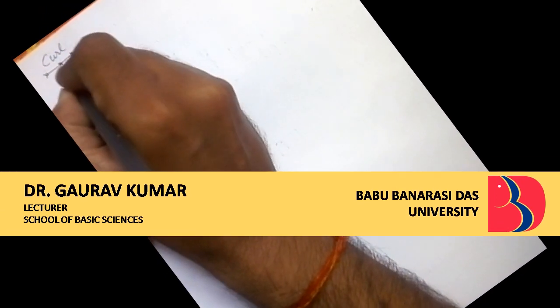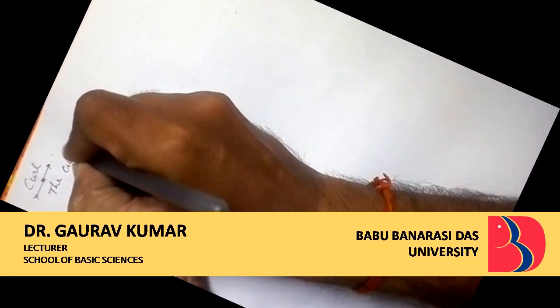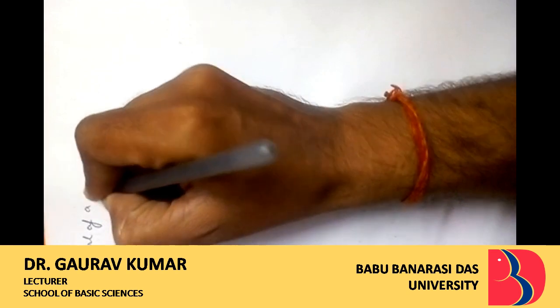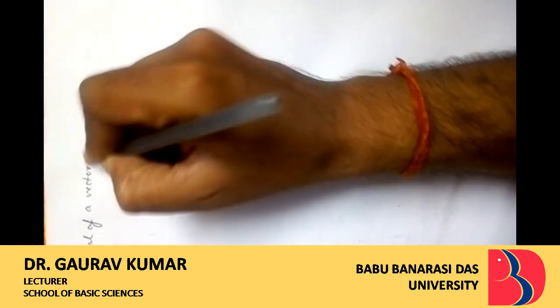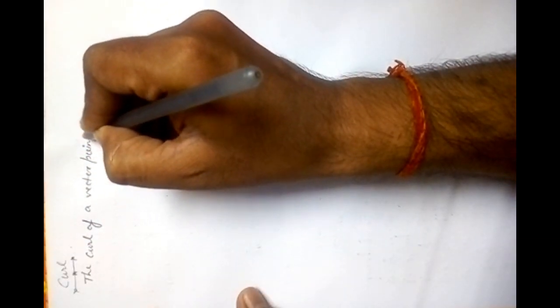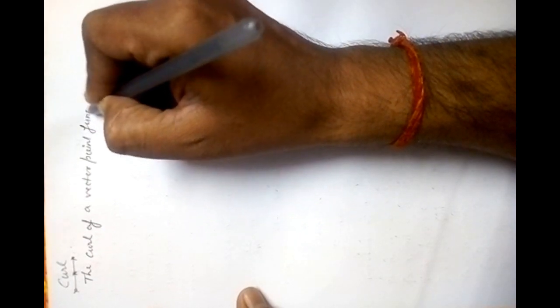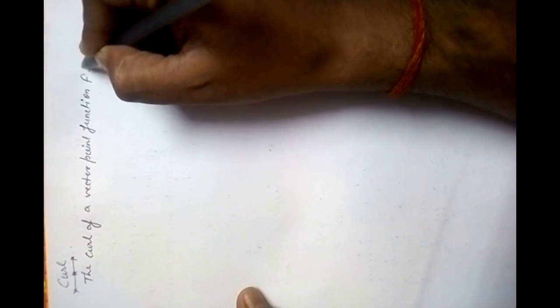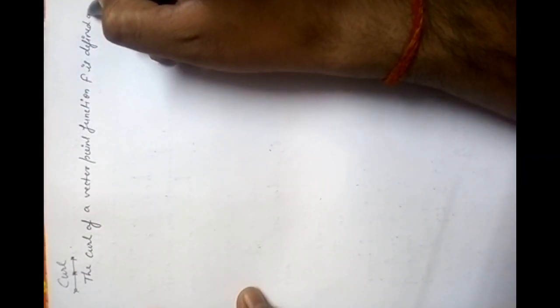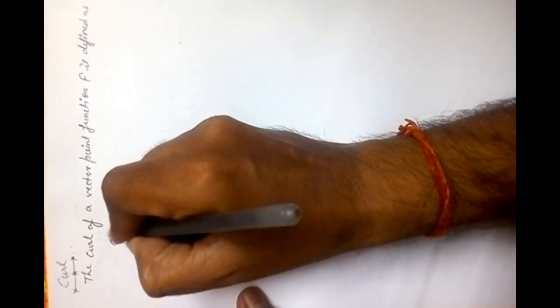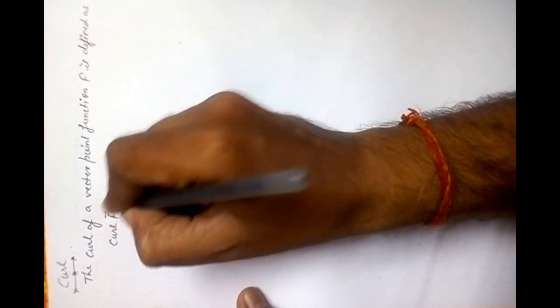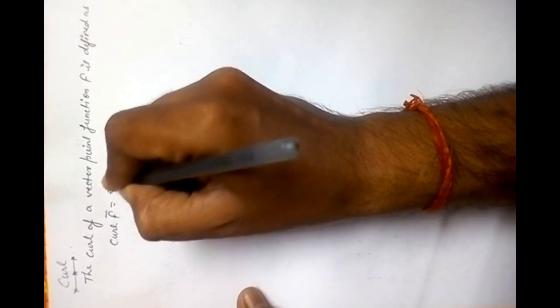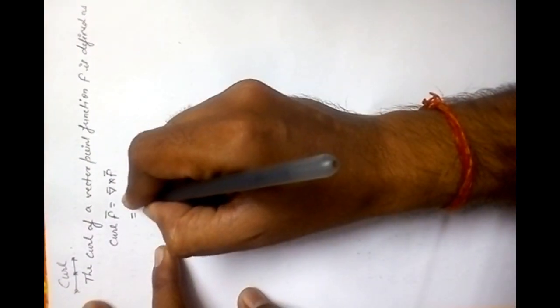The curl of a vector point function capital F is defined as curl vector F equal to del cross vector F, which is equal to